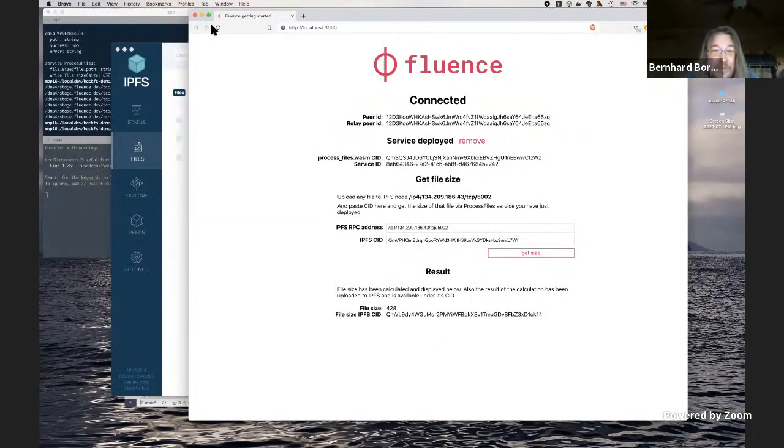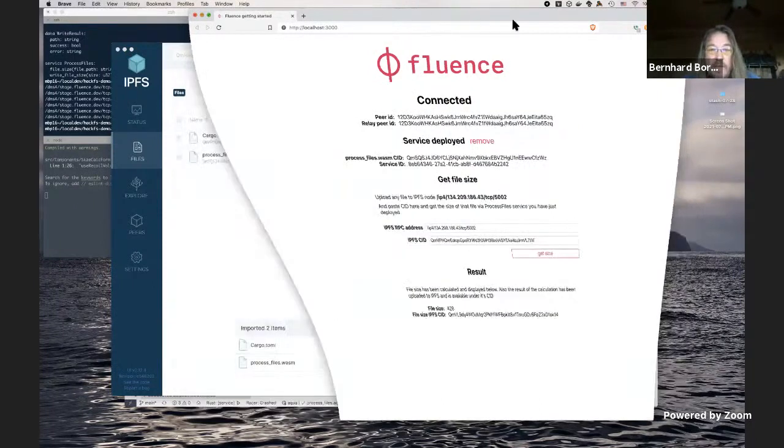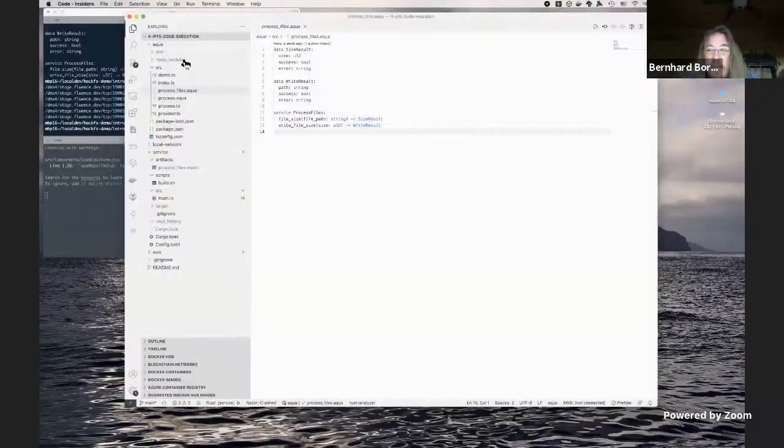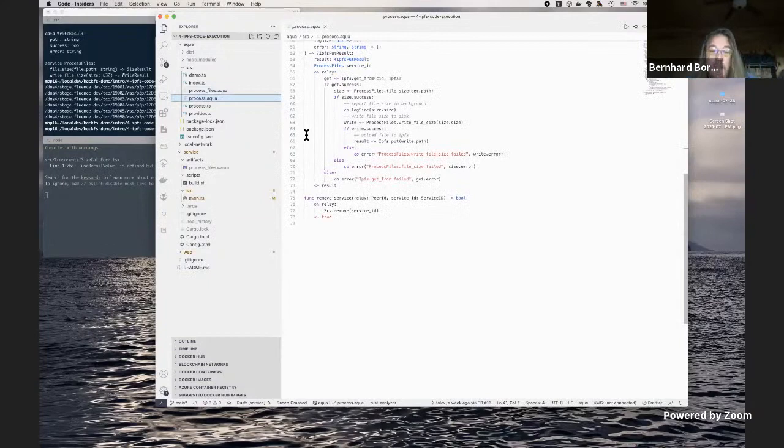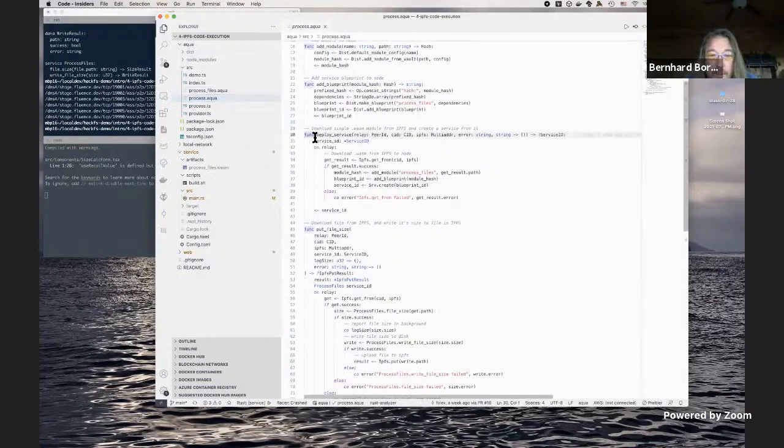All right, so let's have a look at behind the scenes, because the whole point of the exercise wasn't just that this works, but that this works with Aqua, that it gives you a unique and highly ergonomic interface to manage not only your compute workflow, but also your IPFS workflow. And let's have a look at our process files. So this is all it took. There's a little bit more to it, but this is fundamentally all it took here